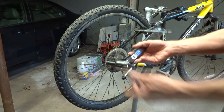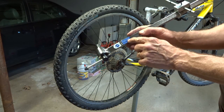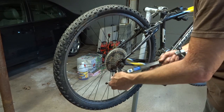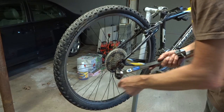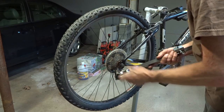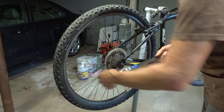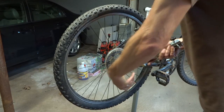I'm going to be using my Park Tool DAG 2.2. It's a derailleur hanger alignment gauge, and this is just a great tool. I love it. I use it a lot. Basically this just screws right into the derailleur hanger like this. And then I'll screw that in as far as it'll go there. And I can use this to go ahead and